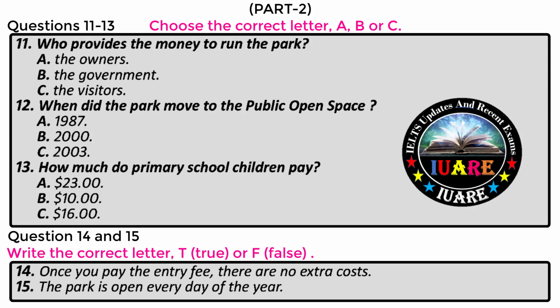Regarding the entry fee, adults pay $23, children aged 3 to 14 pay $10, aged pensioners are $17, and students are $16. One of the great things about the Australian Wildlife Park is that all of the attractions are included in the entry fee. No extra money is needed around the park, so make the most of your experience. All shows, talks, photo opportunities and animal food are included in your entry fee. In addition, the Australian Wildlife Park is open every day of the year from 9 a.m. to 5:30 p.m., except Christmas Day, 25th of December.